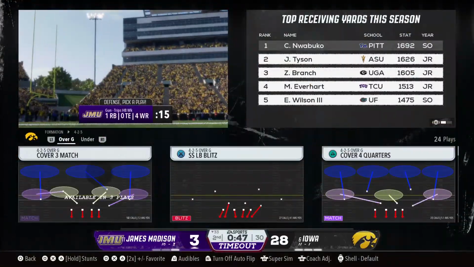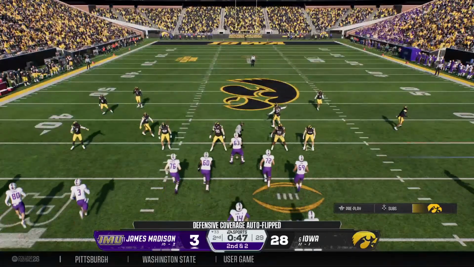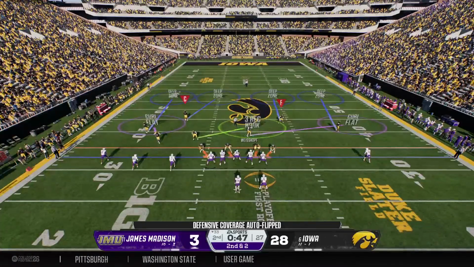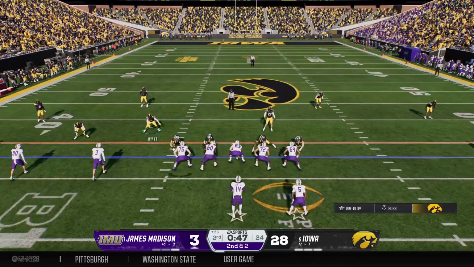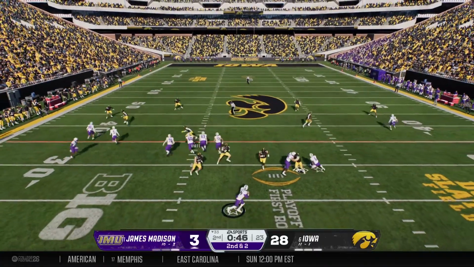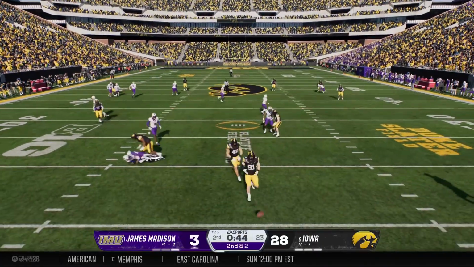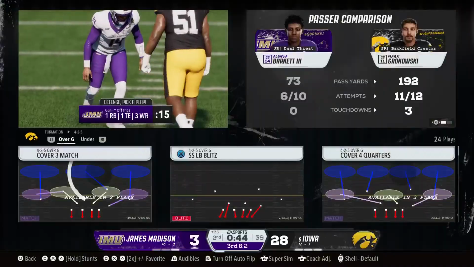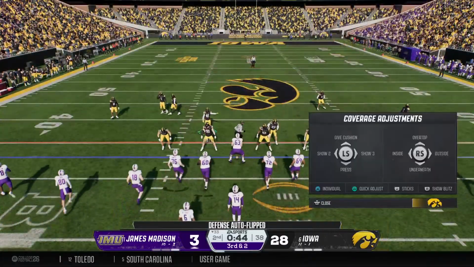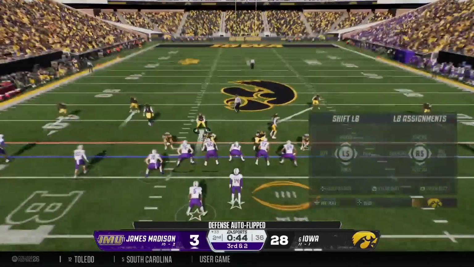Setting the tone early with good runs like this can really wear defense down and keep the defense guessing. That's why some of the best coaches of all time have primarily done it with great run games. And he just throws the ball away there. Nobody held him in excellent coverage. Off the incompletion, it sets up a 3rd down and 2.